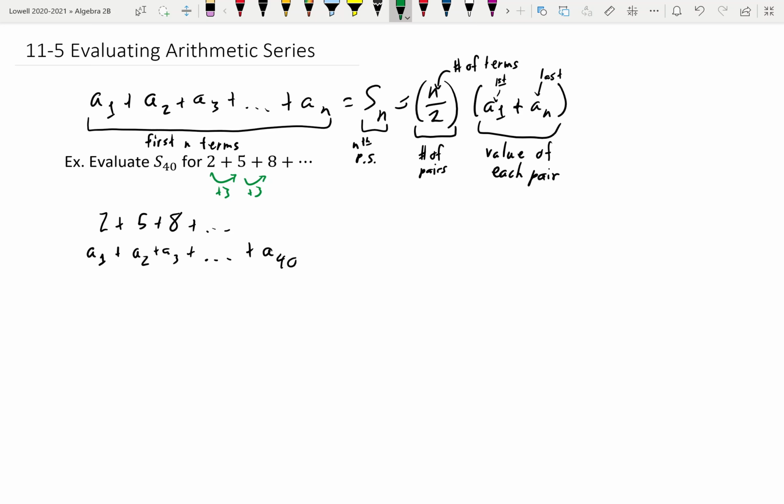If we know it's arithmetic, then we can create an equation pretty easily for the general term, and therefore figure out what the 40th term would be. So we know that our common difference, or our growth rate, I'll call it D, is 3, in this case plus 3 plus 3. And we know that our first term, A1, is equal to 2. Again, you could do it any way you want. So the way